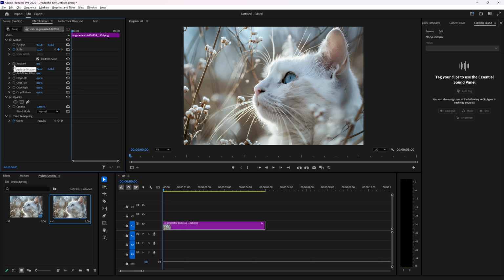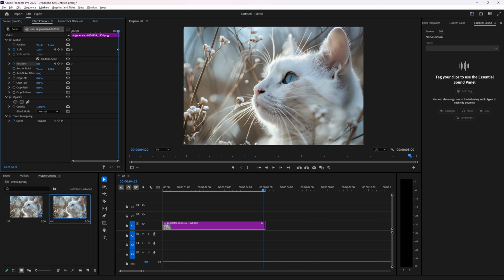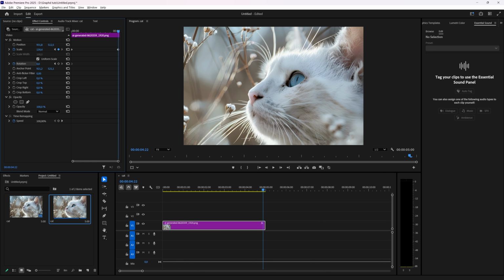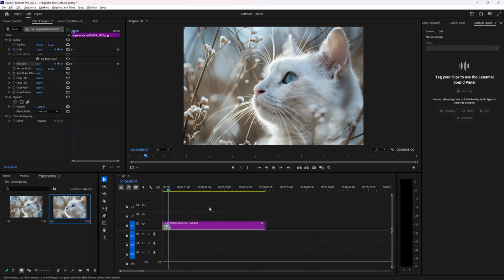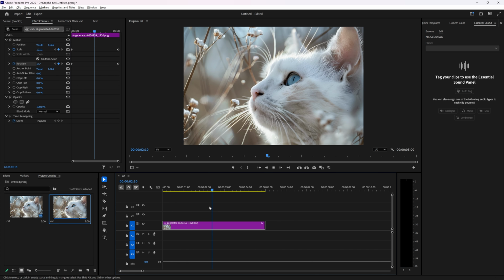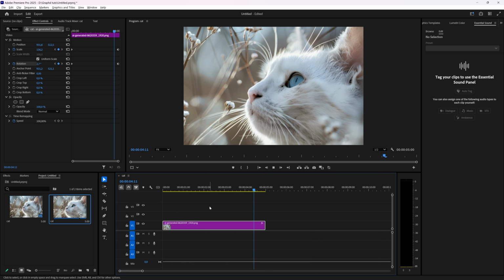And I also want one with rotation. Now we're going to go to the end of our sequence, and then here I'm going to create a keyframe from the scale, and I'm going to zoom in. And I'm also going to rotate it a bit. Maybe 3, just a slight rotation. And as you can see now, we have a slow zoom on the picture of the cat with a